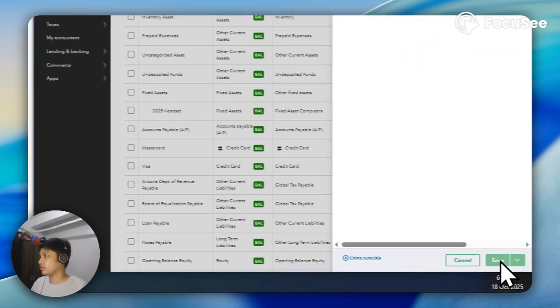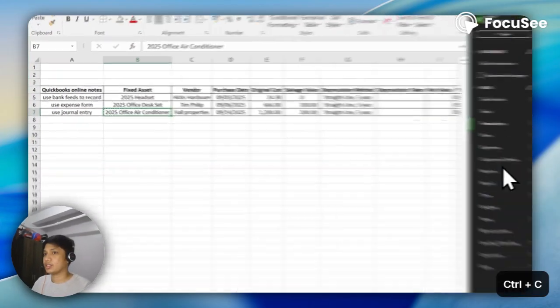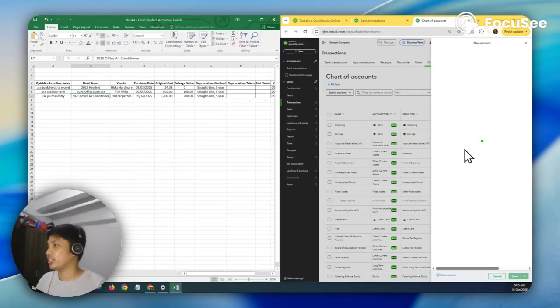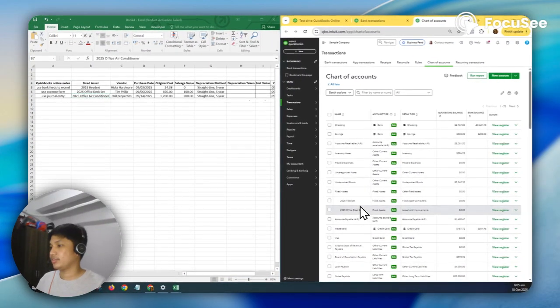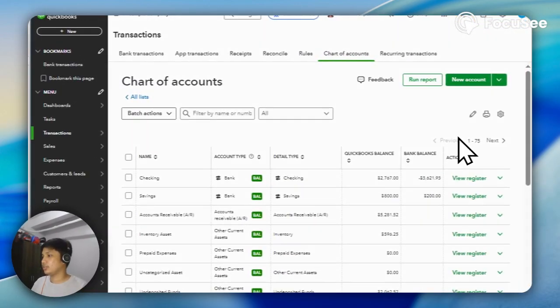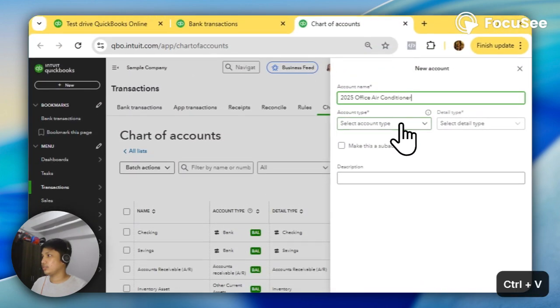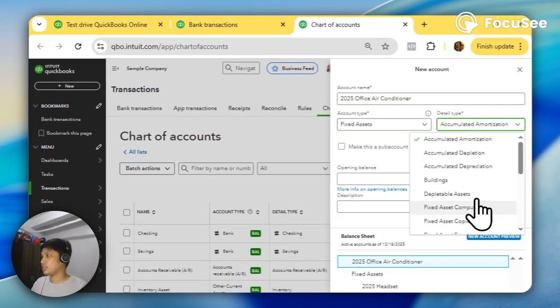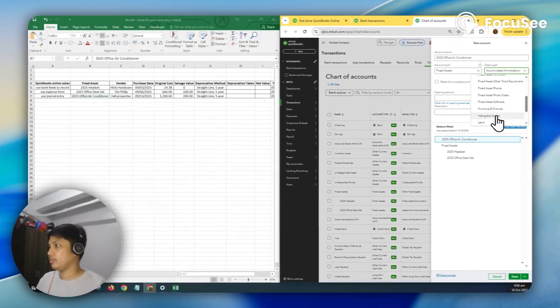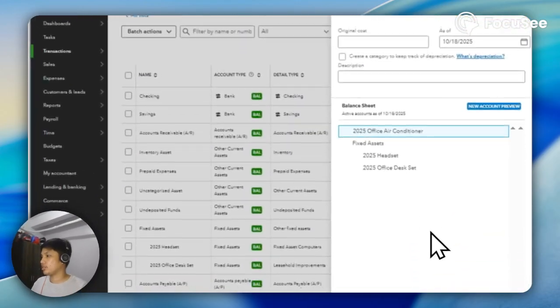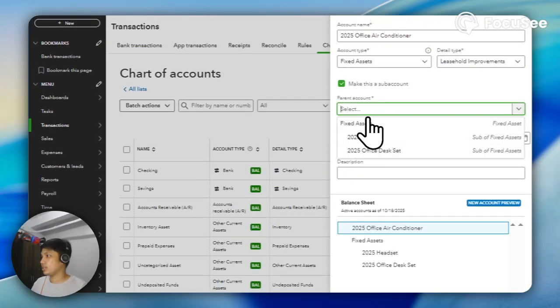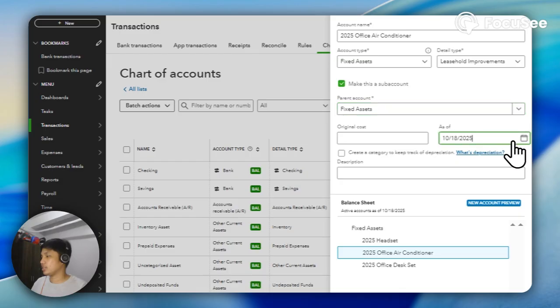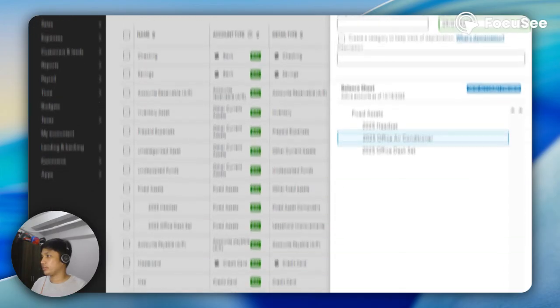Then last is the office air conditioner. Fixed assets, leasehold improvements, same thing. Select fixed assets and September 1.